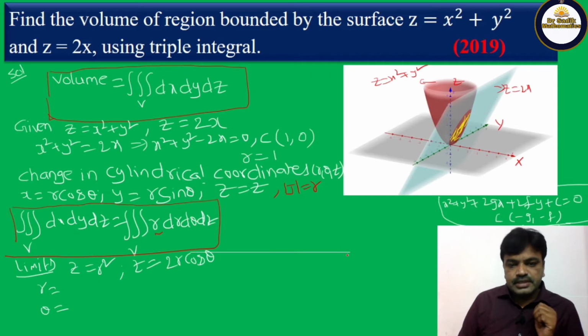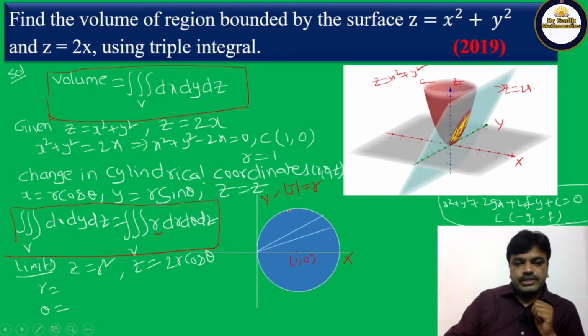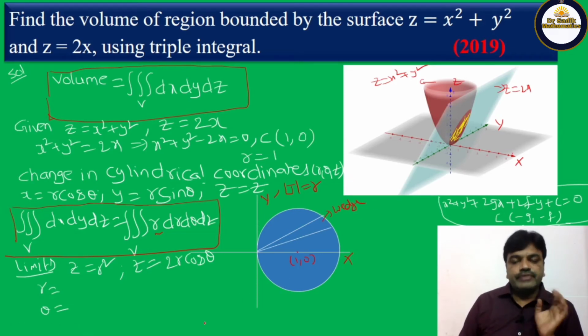Say this is x axis, this is y axis. Draw a circle. See here we have (1, 0), circle radius is 1. This is the complete circle, friends. To cover the circle, we are converting into cylindrical coordinates, so draw a wedge here. Clearly here the r value is 0.